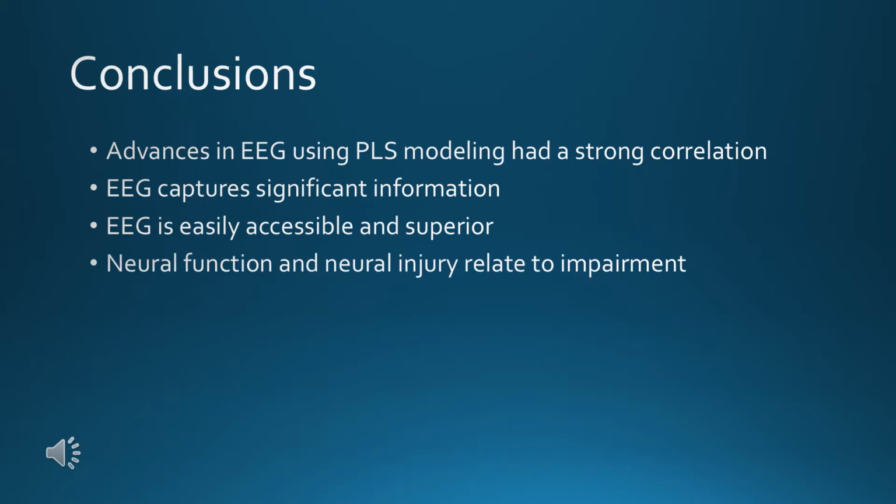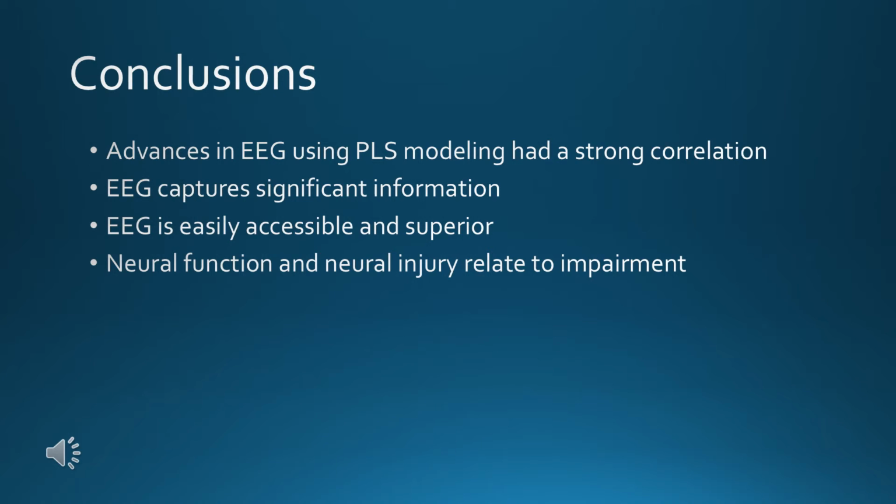The conclusions from the study are that advances in the EEG using PLS modeling had a strong correlation to previous measures such as NIHSS. EEG captures significant information in order to assess the ability and injury of the stroke patients. EEG is easily accessible and superior due to the use of the 256 electrode in a saline net. It made it very easy for the patients to be tested quickly, whether it was in a ER or a